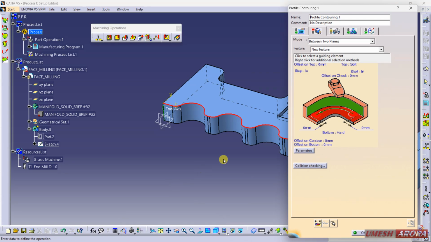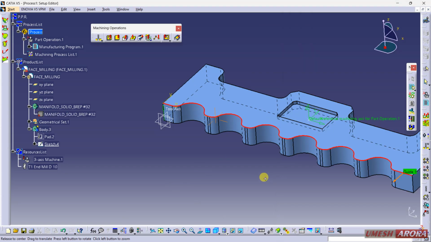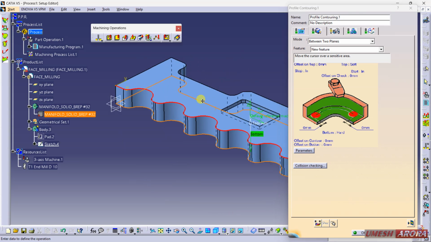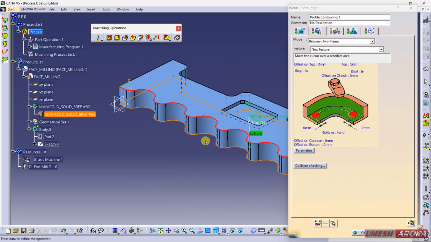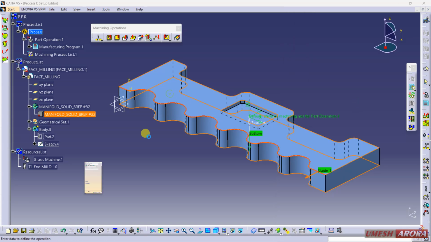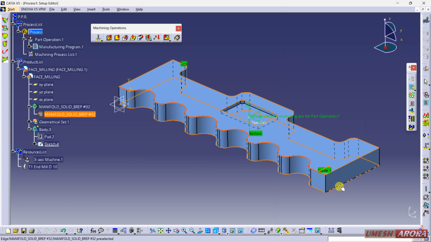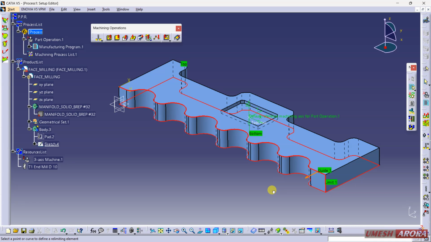Okay, now bottom is for depth. So this will decide what is the depth of this plate. And top, this is the top surface. So all the things are defined. If you want, you can also define the side. This is my first side, and for second side this edge is for second side.